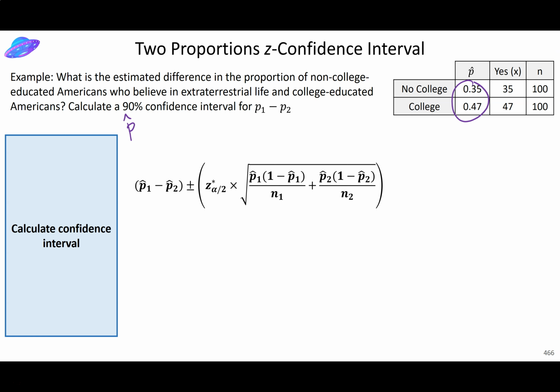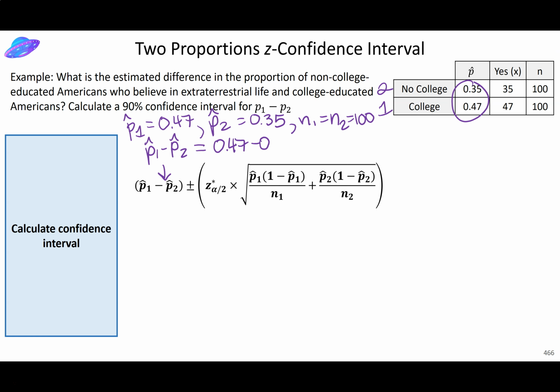So my inventory, p hat. Remember I said 1 and 2, that's how we have it. So p hat 1 was equal to 0.47, p hat 2 is equal to 0.35, n1 and n2 are equal to each other, they're both equal to 100. You can totally write them separately, that's cool. And then p hat 1 minus p hat 2, because that's the order I have here,